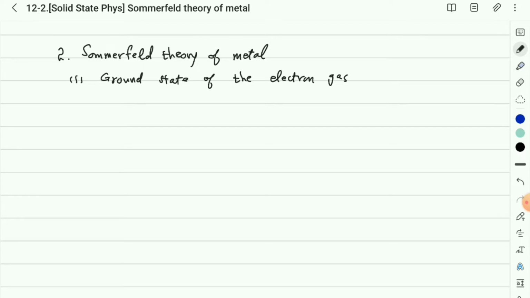Anyway, the Sommerfeld theory treats the electrons as an electronic gas. And let's consider N electrons confined in a volume